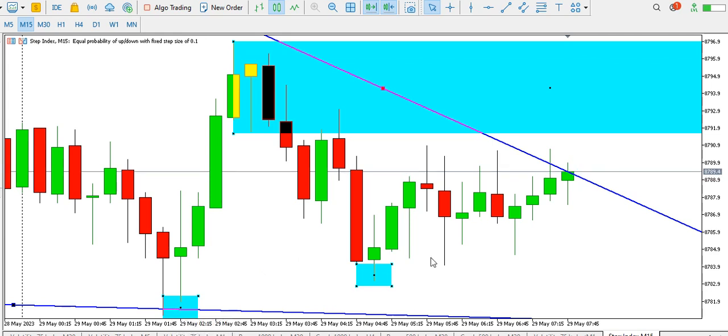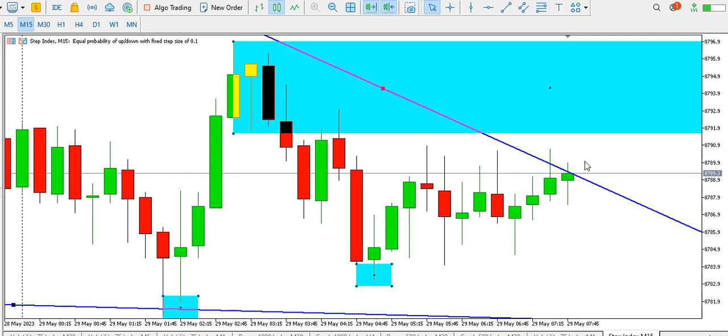So we have more higher lows. Of course we have lower highs up to this point until we start to have a break above the previous high, which gives us a higher high and then a higher low. So that's more like the development of a